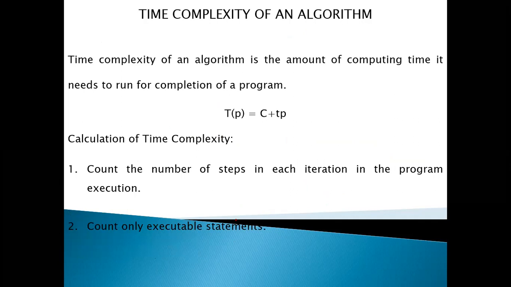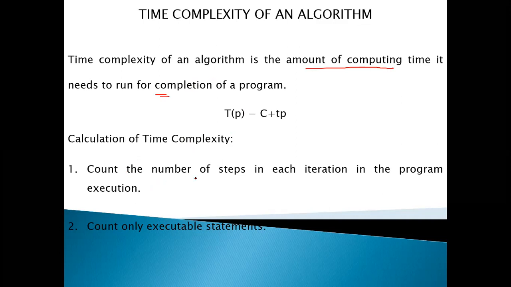Next, coming to time complexity. The time complexity of an algorithm is the amount of computing time it needs to run an algorithm. So it is the amount of time needed for the completion of a program. Here the calculation of time complexity will have 2 steps.